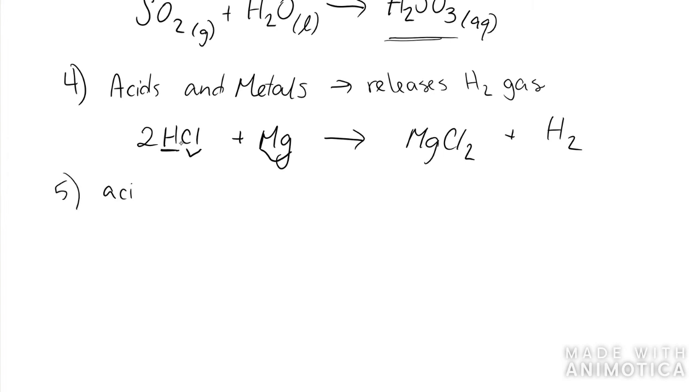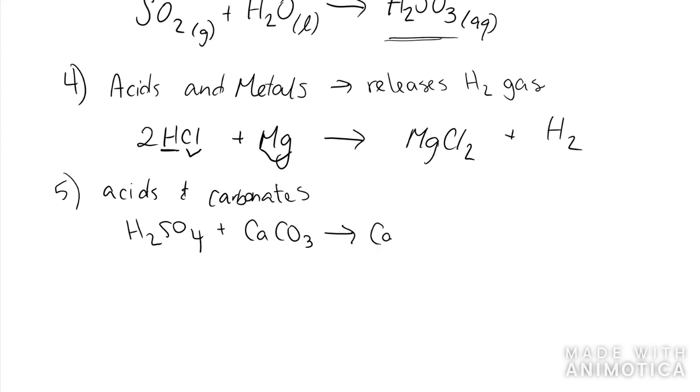So acids and carbonates. What happens with acids and carbonates is that they actually neutralize the acids and produce carbon dioxide. So if we take sulfuric acid, and we add calcium carbonate, we're going to end up with calcium sulfate, water,